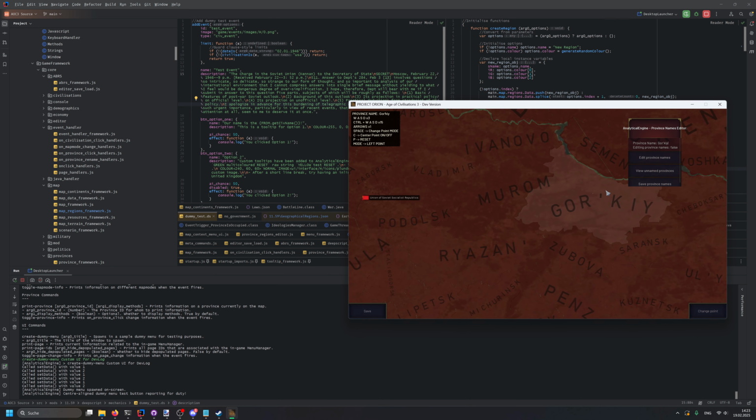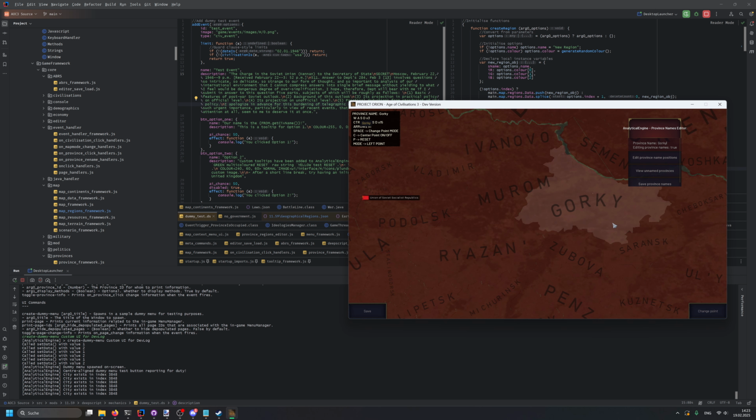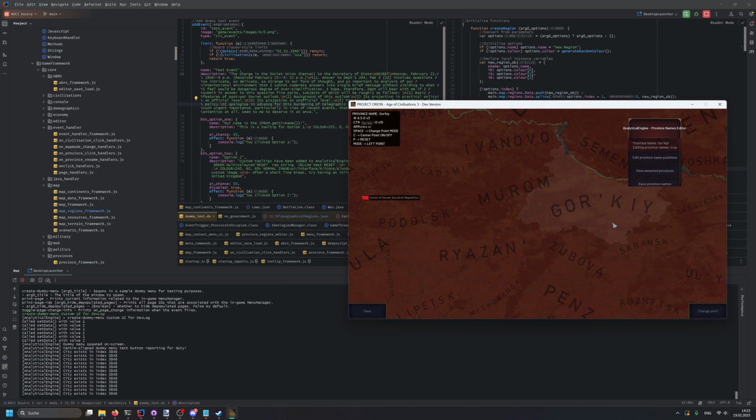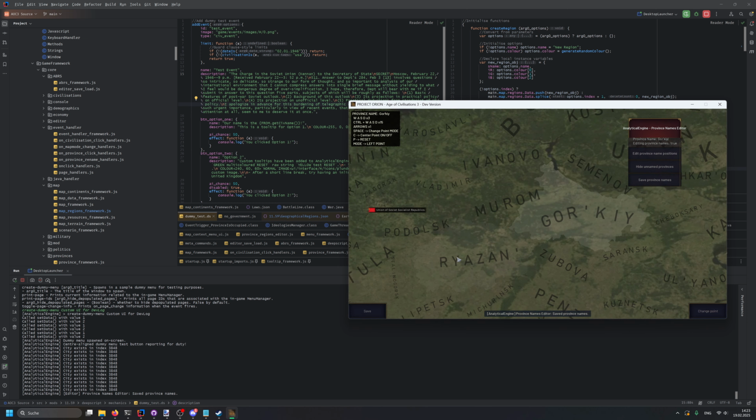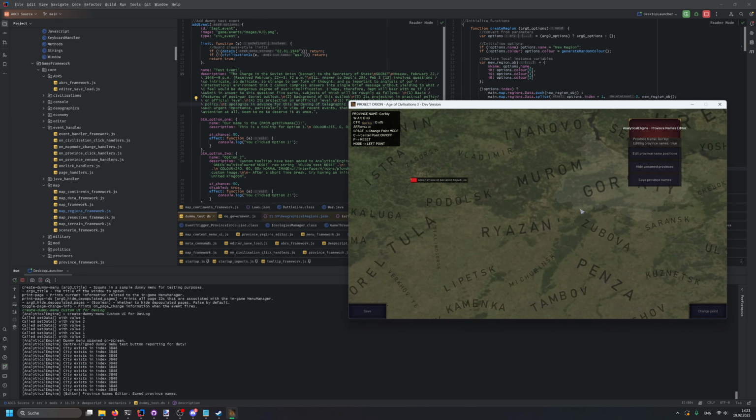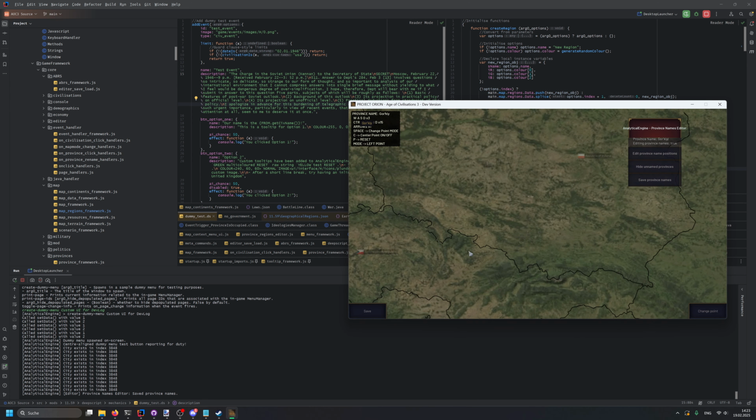So you can see we can edit these names, and we can change them as we please. So let's just reset that because this is a demonstration. We can save these province names, and yeah, we can go back,